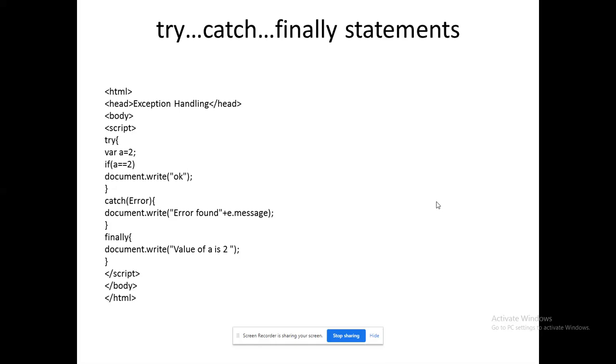After that, what will happen? The finally block will get executed. If no exceptions have occurred within the try block, the logic within the try block will get executed. Catch block will not be executed. The output from the finally block will appear. In any case, if an exception occurred, the exception will be handled and the finally block will be executed. If an exception did not occur, the logic will be executed and the finally block will be executed. In any case, the finally block will be executed. That is the role of the finally block.